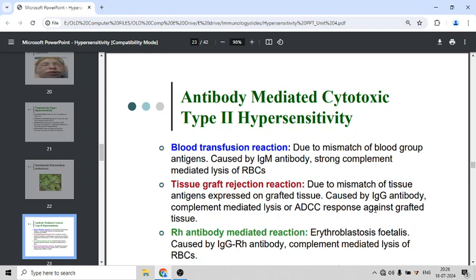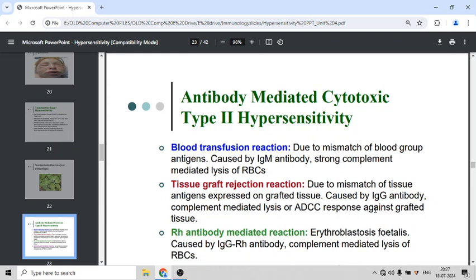Therefore, one needs to take care while transfusing; the blood group has to be matched perfectly. It should be A Rh positive to A Rh positive, B Rh positive to B Rh positive. I will come to the Rh antigen a little later. The concept of universal donor and universal recipient is not going to work. I have already mentioned that earlier in the innate immune response, because only 1 unit of blood of the O blood group can be transfused, because O blood group is considered to be the universal donor into any